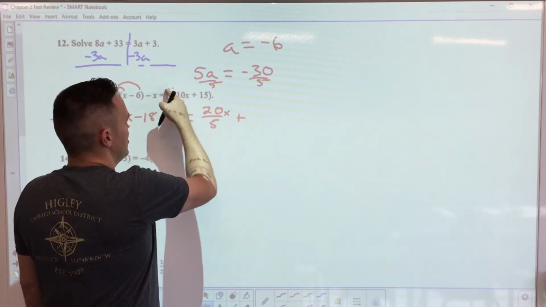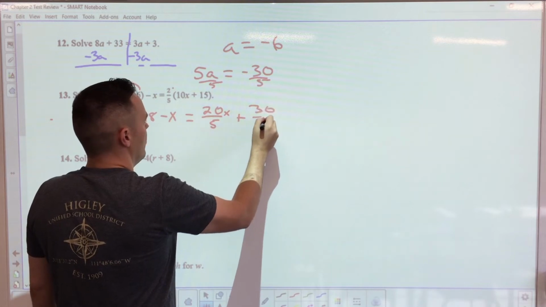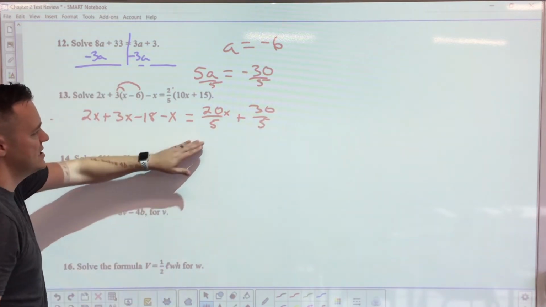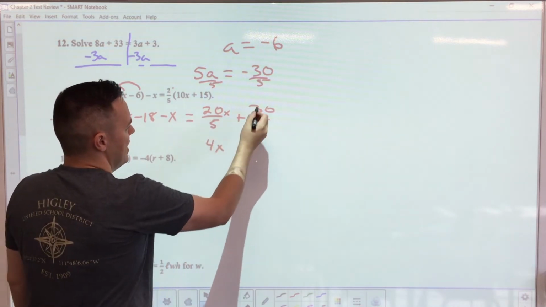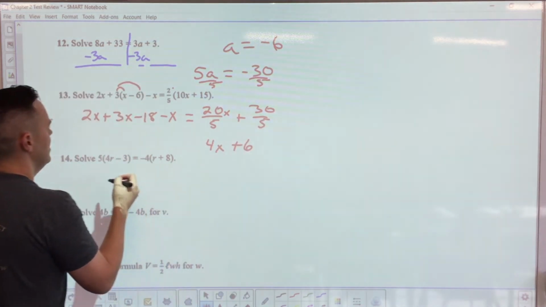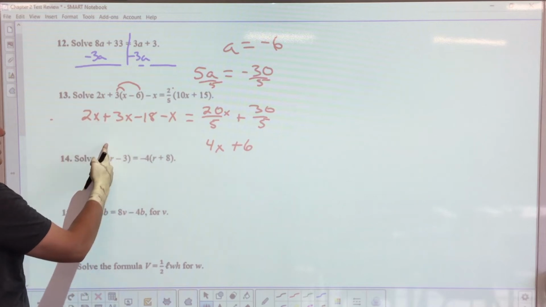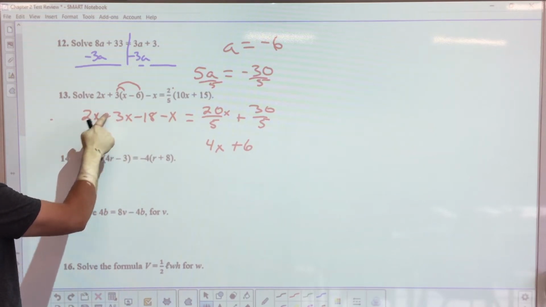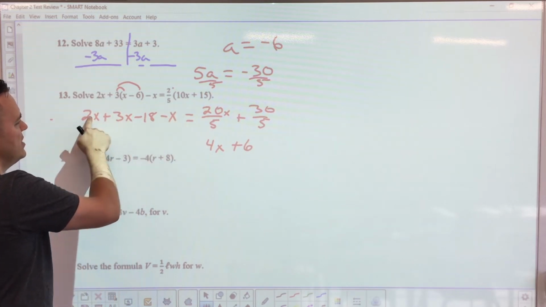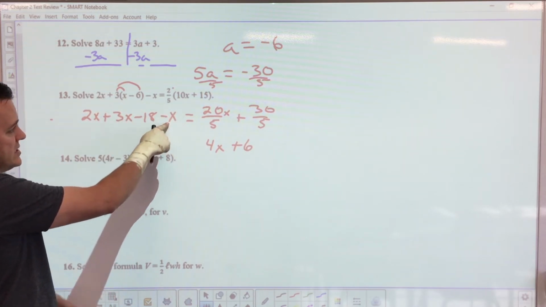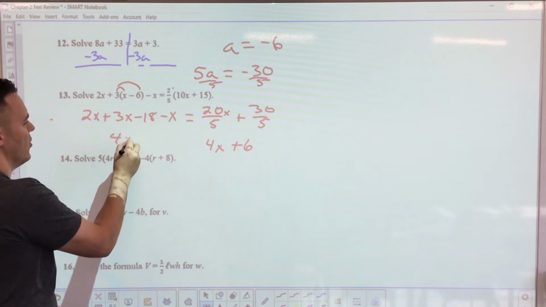And it's plus 30 over 5. Okay, now, do these simplify? Yes, they do. All right, so this would be 4x, and that's going to be plus 6. Combine all the like terms over here. So this is 2, 3, 4, 5, and then you have one more. So this is 5 minus x, so we're taking out one of the x's. So this is 4x